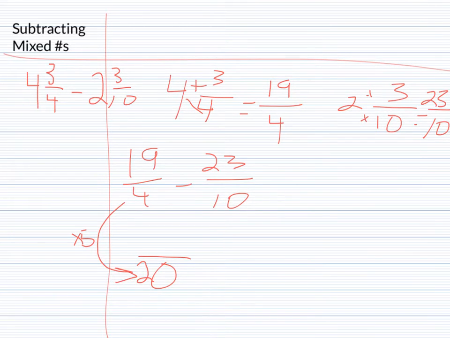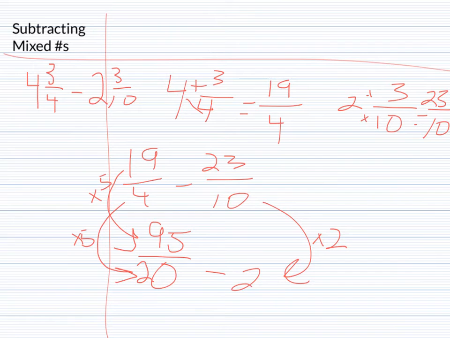top. So what I can do is I can do 19 times 5, which would give me 95, minus, now how do I get from 10 to 20? I multiply by 2. And if I multiply by 2 in the denominator, then I need to multiply by 2 in the numerator, and 23 times 2 is 46. Once I'm at this stage, I can subtract straight across. 95 minus 46 is 49